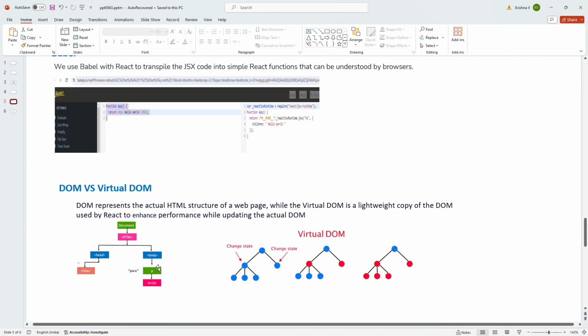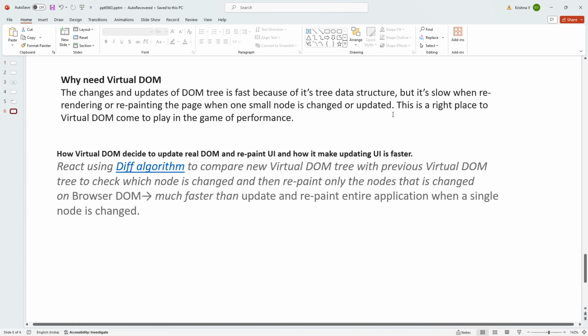If one node is changed, generally in the DOM it will update the complete DOM, which makes our page performance slow. That is why we use the virtual DOM, so that it will only update that small node,